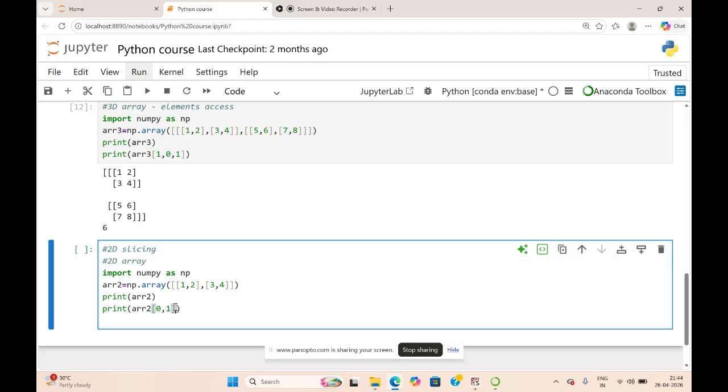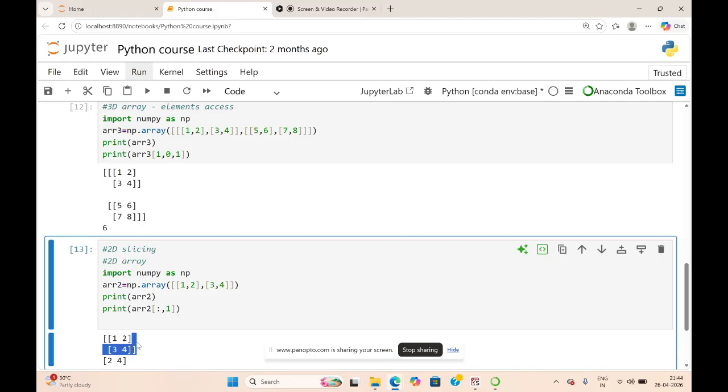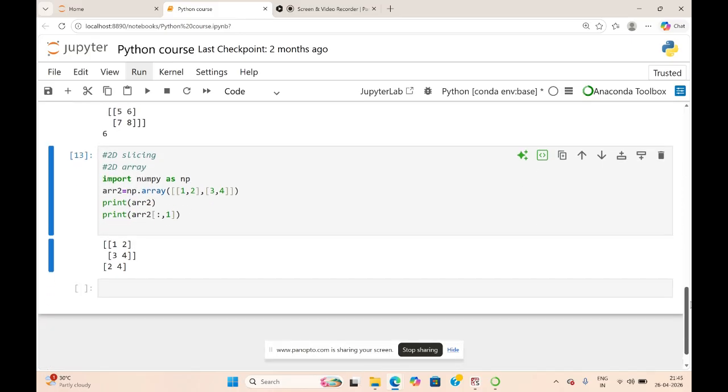So here print the actual array and slice it. I don't mention the start position, I mention the end position. So okay, the actual element is 1 2 3 4, and column 1 is accessed. Column 1 is accessed in the sense you will get 2 1 4. All the elements in all the rows, column 1 is accessed.